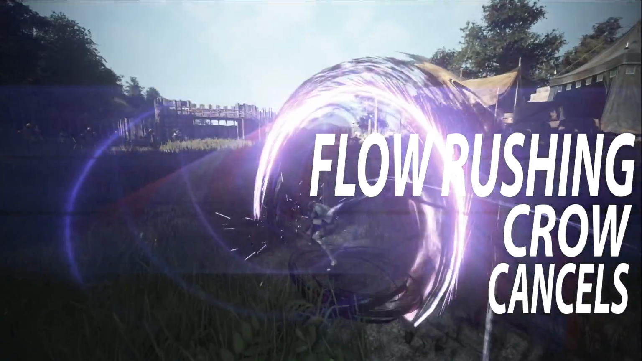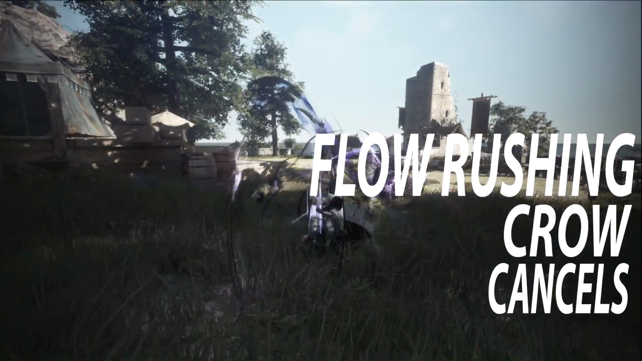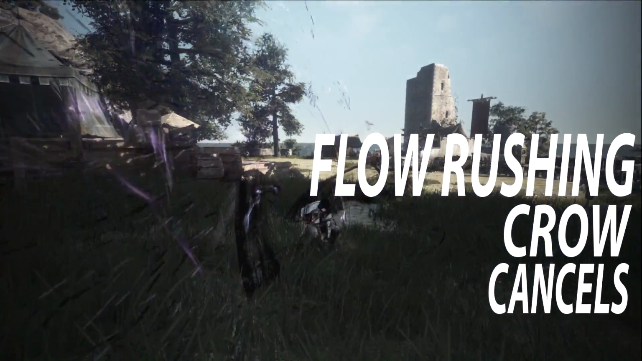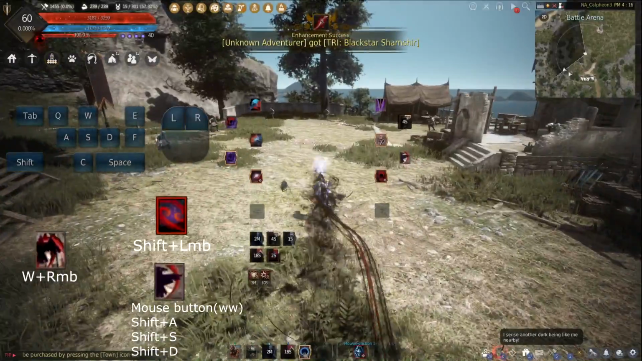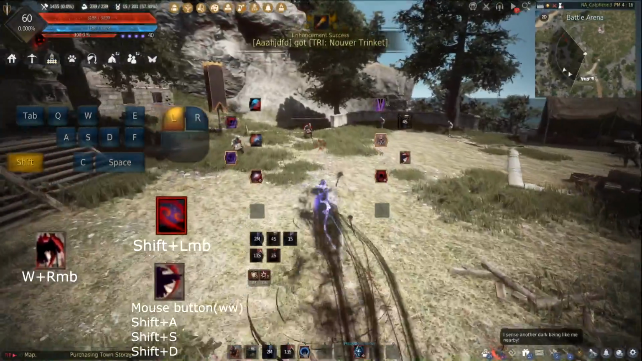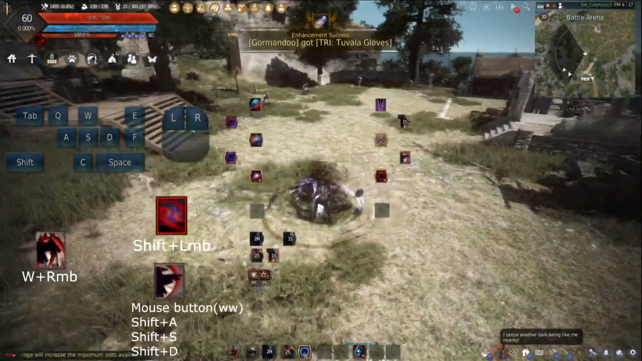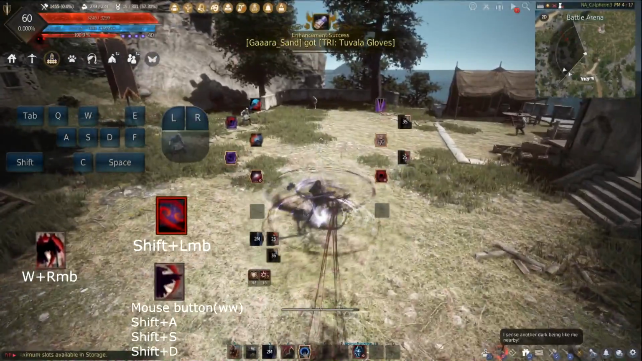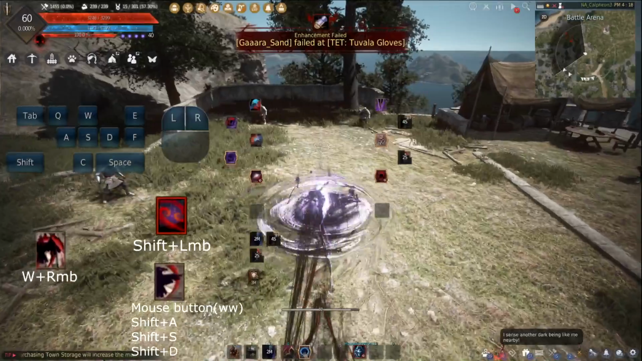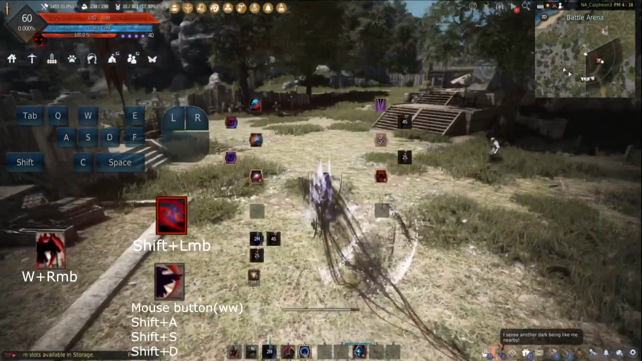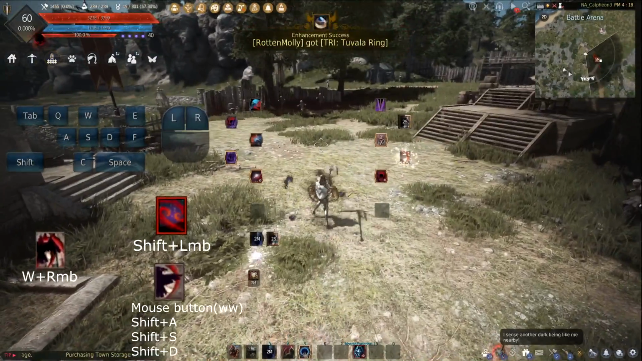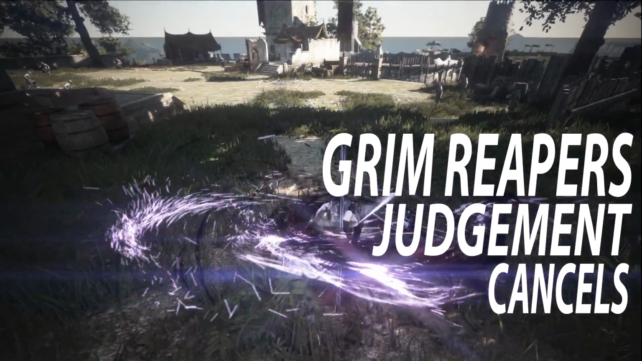Next we have Flow Rushing Crow. With this one, you can stop it mid-animation with Midnight Stinger or an iframe at any point of the animation. And then for the Grim Reaper cancels,